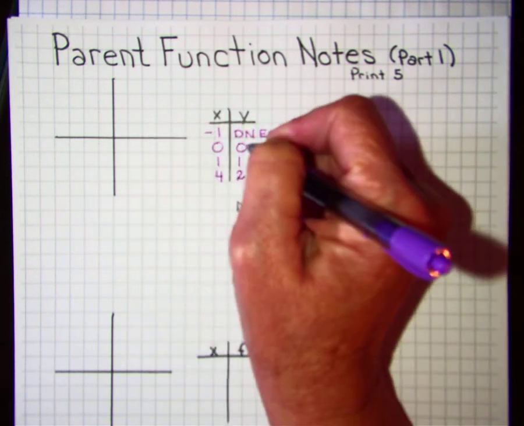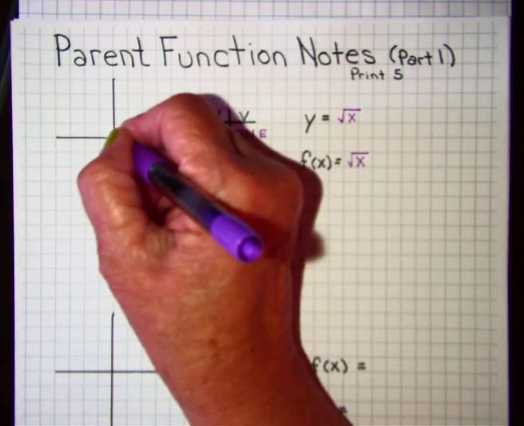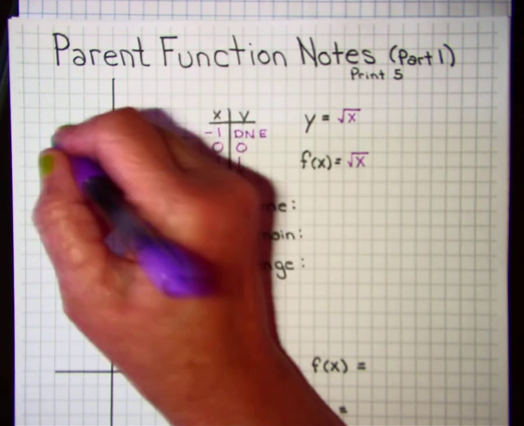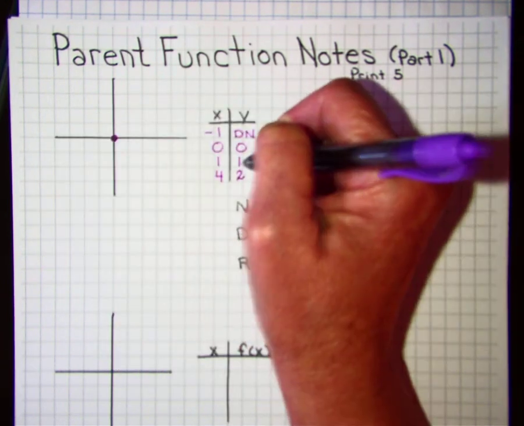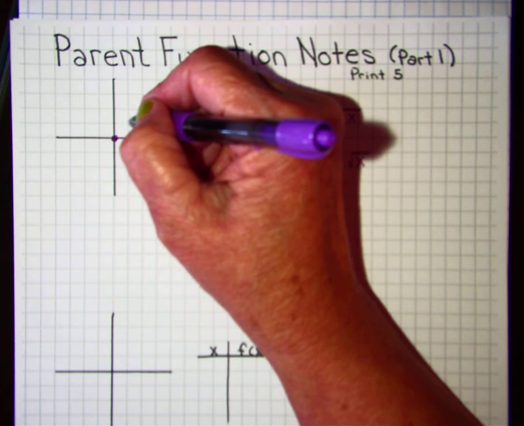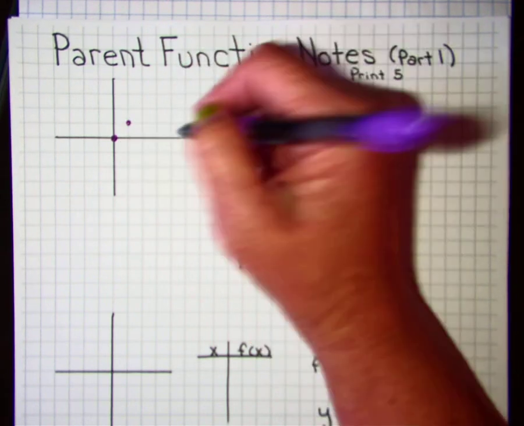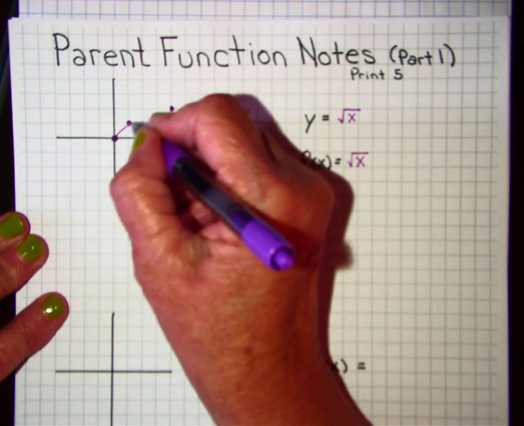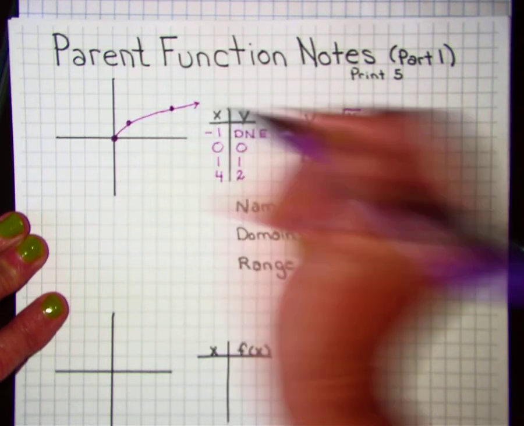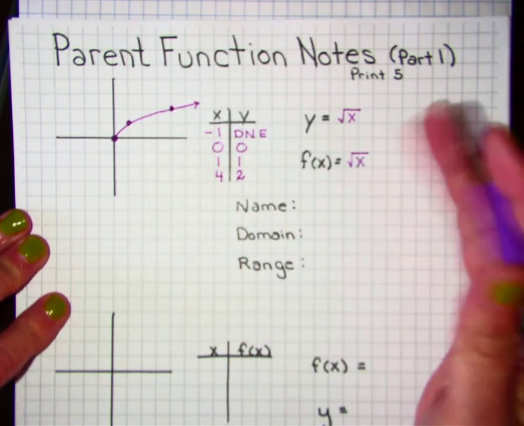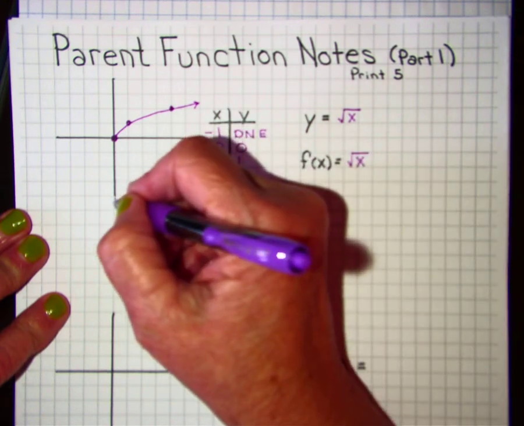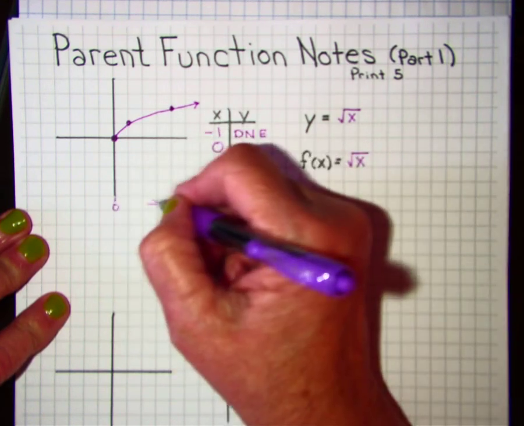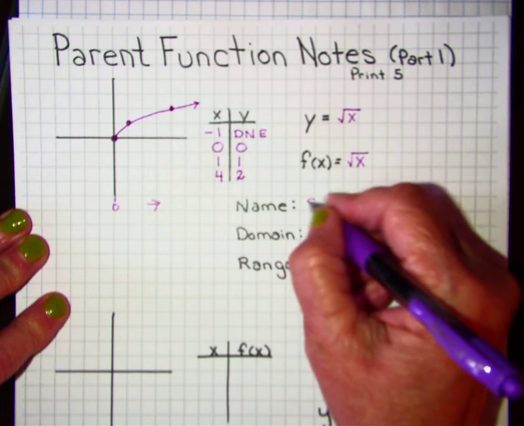So my function is going to start at 0, 0, because everything back here does not exist. When I put in a 1, I'll get 1 back. When I put in 4, I get 2 back. So this is going to look like this. Okay? So our domain here is going to go from 0 forward. Okay, so our square root function